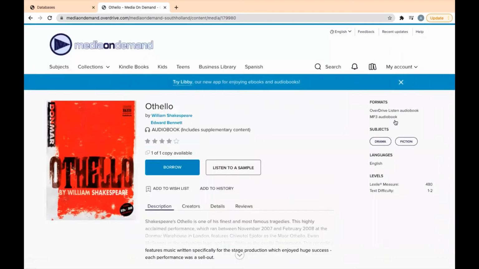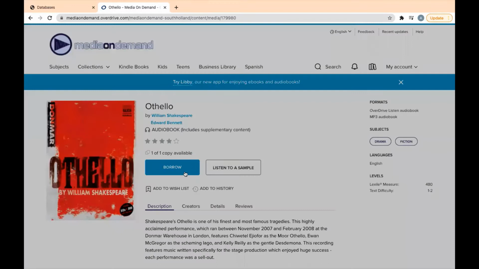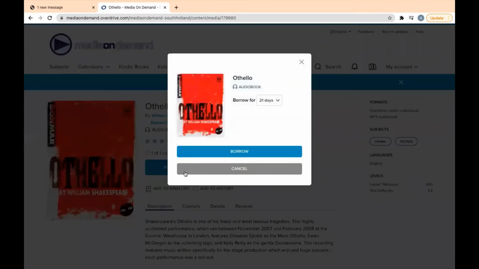Usually you can just click the little button that says borrow at the bottom from the last screen, or you can come here and hit borrow. You have the ability to change how long your book is going to be checked out for. I like 21 days just because it gives me a little time, but you can always change it to 7 days or 14, but I'm going to leave it at 21. So you hit borrow,